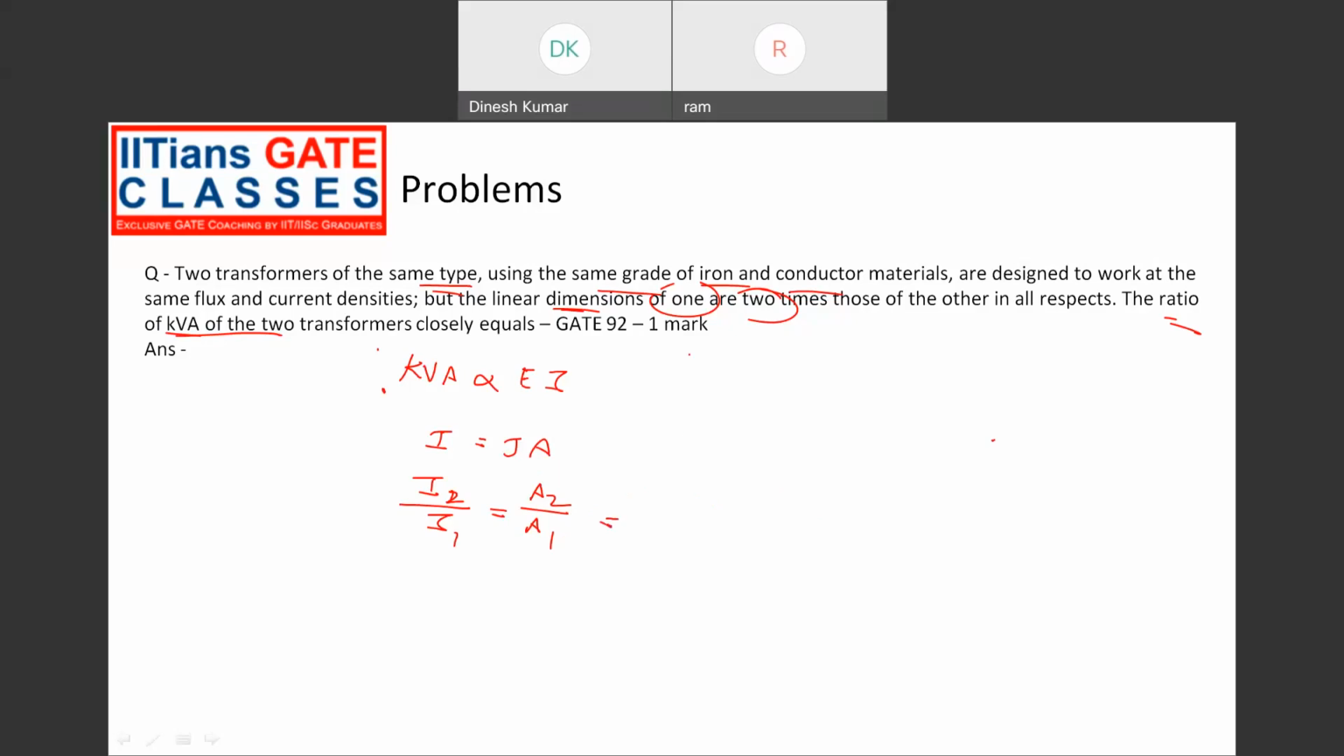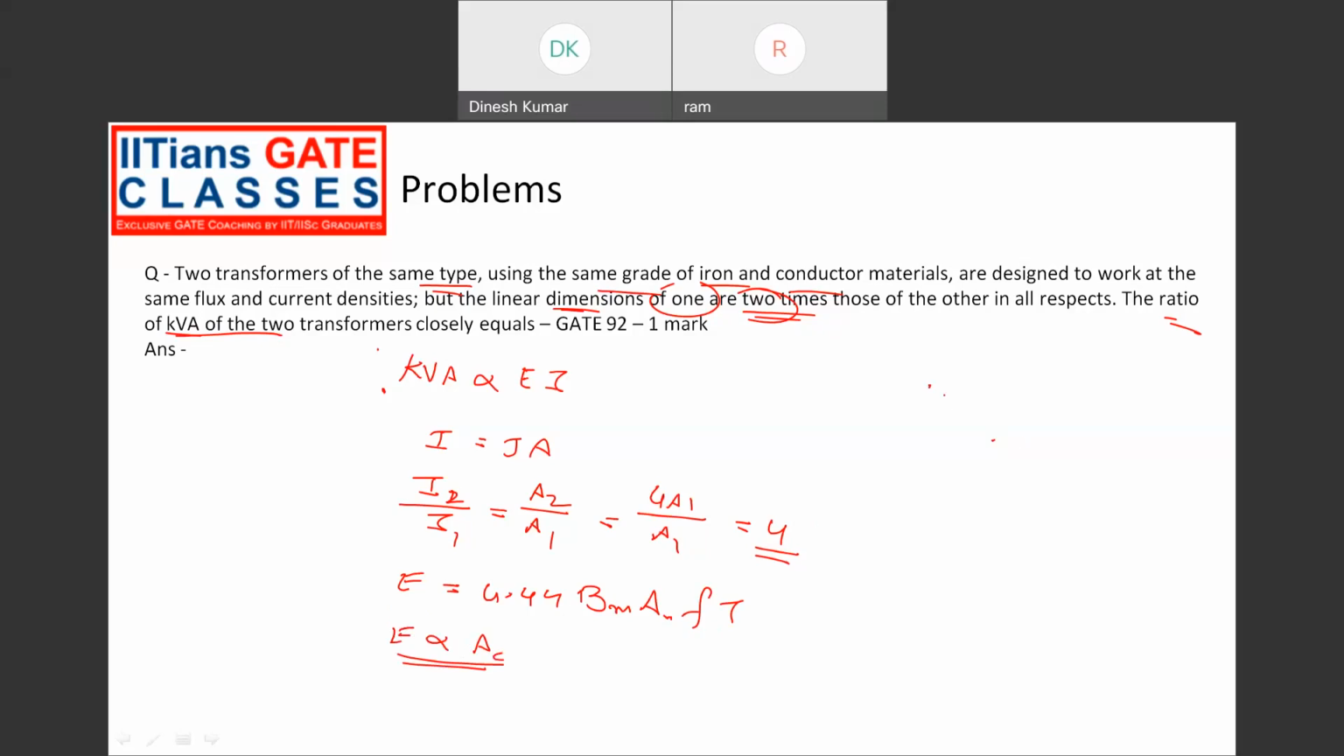Whereas they have mentioned that the linear dimensions of one are two times that of the other. So therefore A2 becomes 4 times A1, so A2 by A1 equal to 4, and I2 by I1 equal to 4. Now we know that the induced EMF in a transformer is given by E equal to 4.44 flux density into core area into frequency into turns. Right? So E is proportional to A,